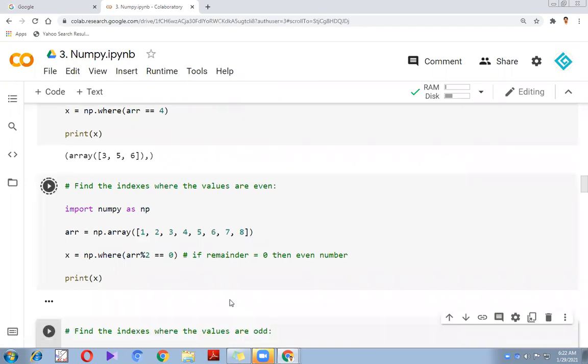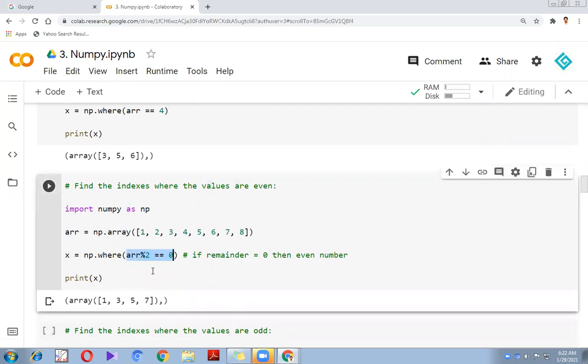Let's see. Okay, we got it: 1, 3, 5, 7. Right? Did you get the logic? The logic we changed, and it gives us the corresponding indexes. Similarly, if the values are odd, same thing, np.where. What we will do is, if